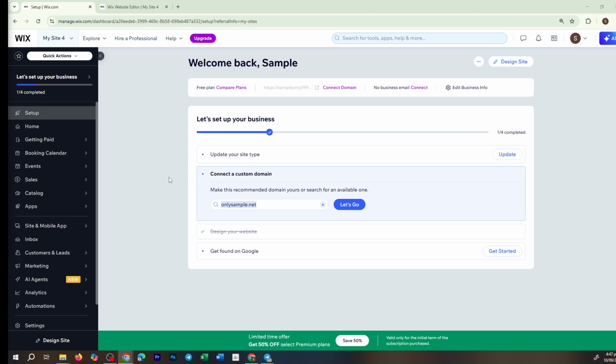Let's dive right in. First things first, you'll need to log in to your Wix account. Once you've successfully logged in, you'll find yourself at the main interface. If you manage multiple websites, don't worry. Simply select the specific website you want to edit. This will take you directly to your dashboard where you have complete control and access over your site's design elements